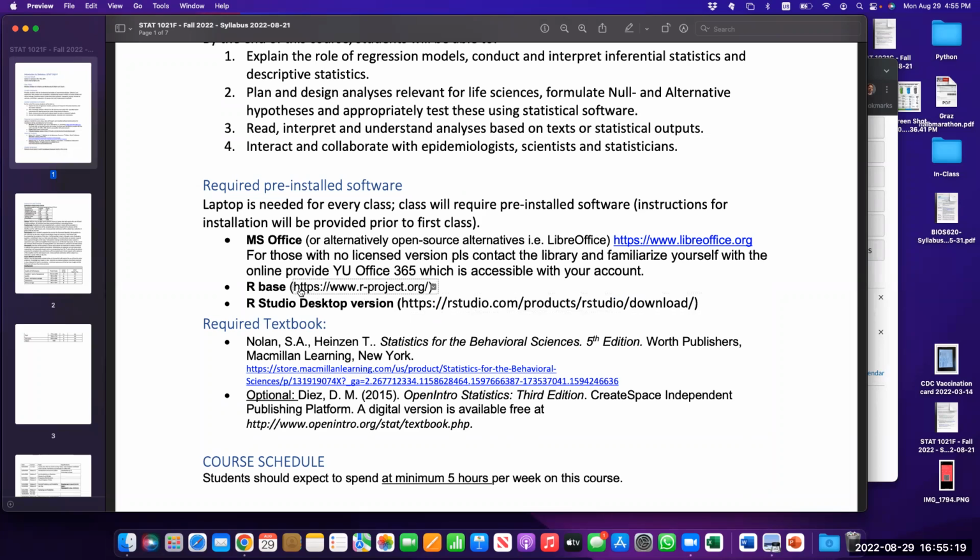Good, R base. As I explained in the video that I've posted, there's base R. Basically, R is open source software, meaning it's totally free. There are commercial software packages that cost a decent amount of money. A good SAS software costs you like $2,000 to $3,000, whereas R is totally free and